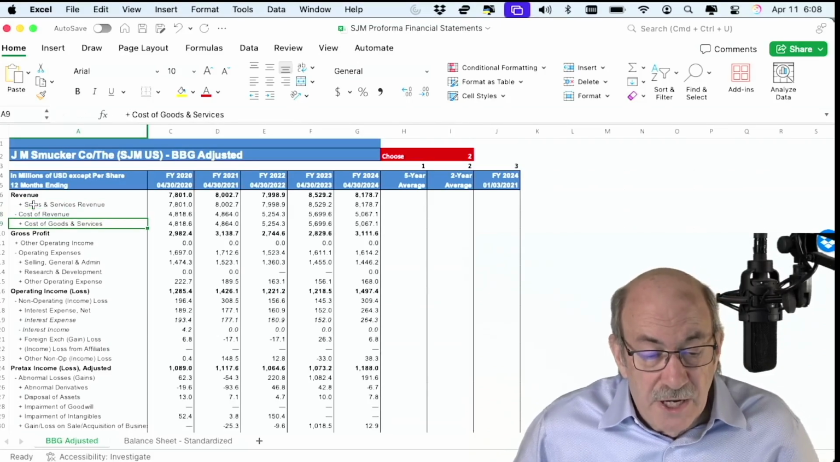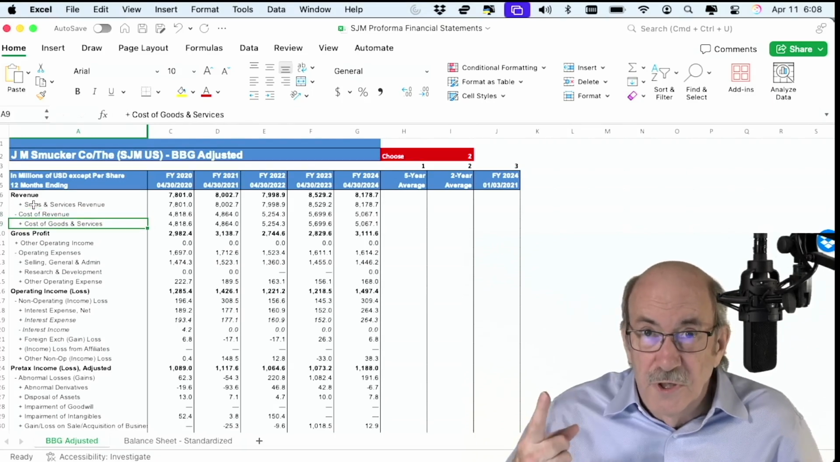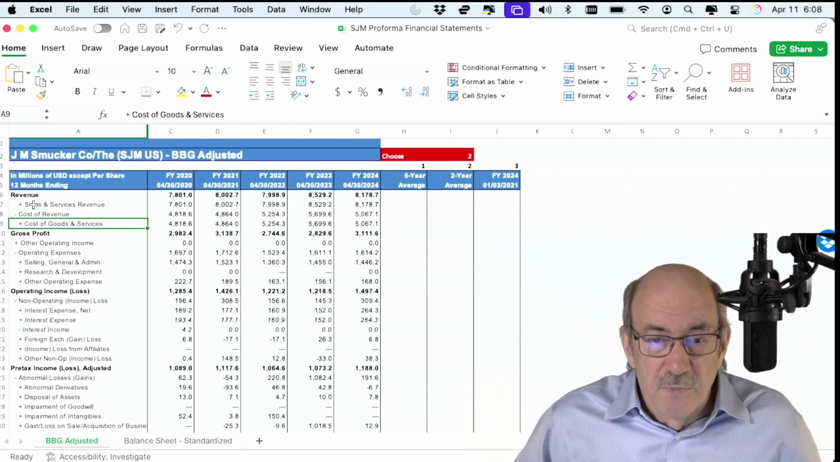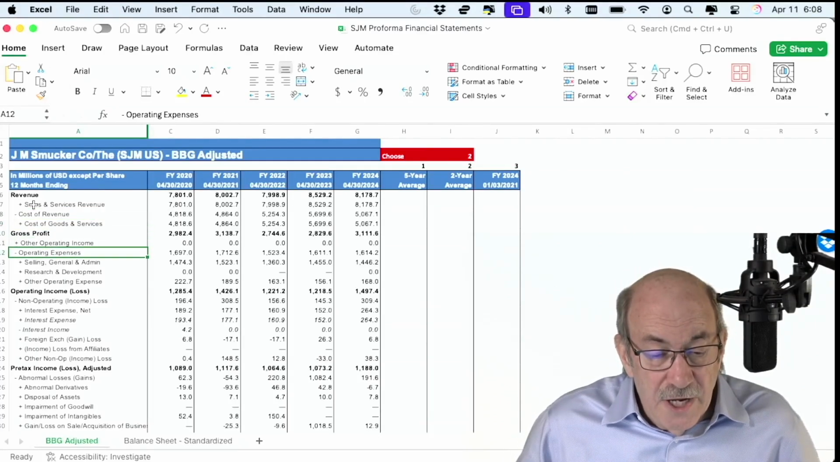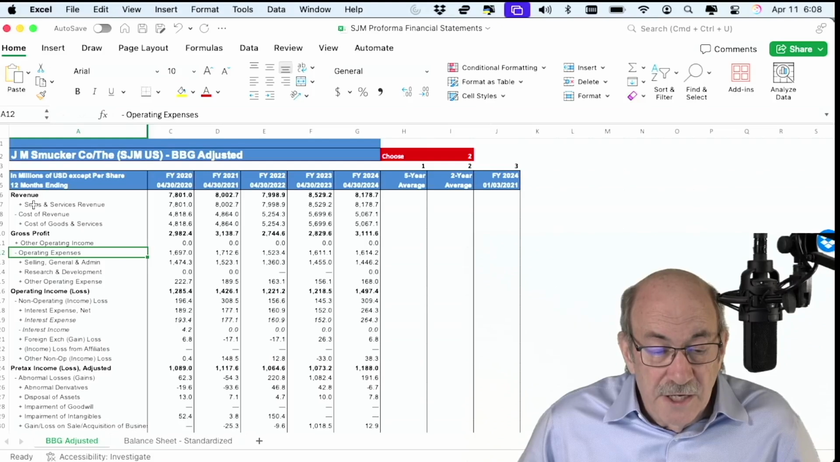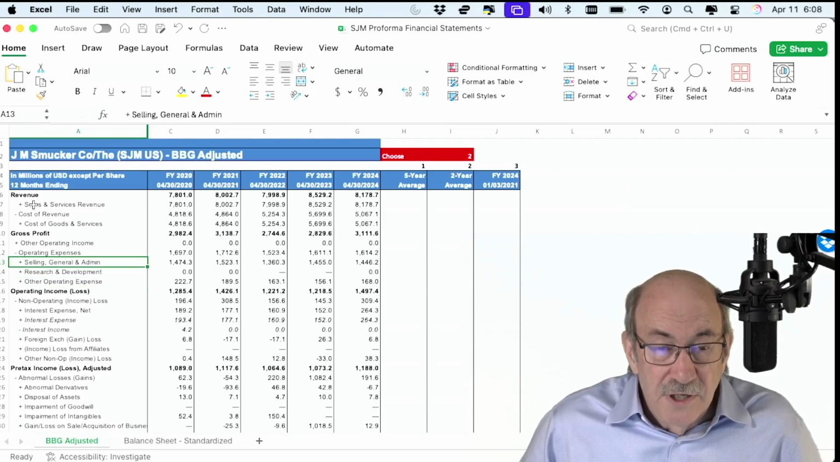I've got a sub-account, cost of goods and services, which there's only one sub-account, so I don't really need both of those things, and they just clutter up my spreadsheet. Likewise, when I get down to something like this, operating expenses, I've actually got 3 sub-accounts to